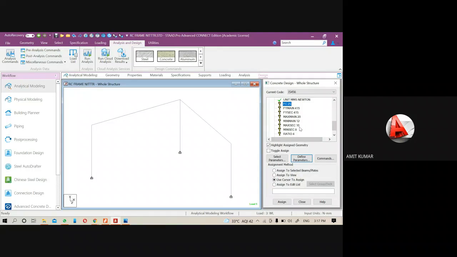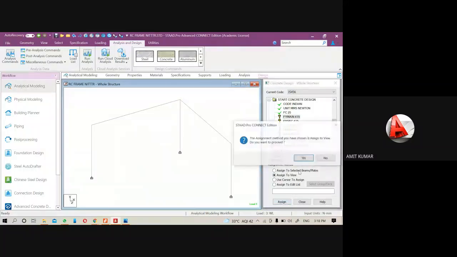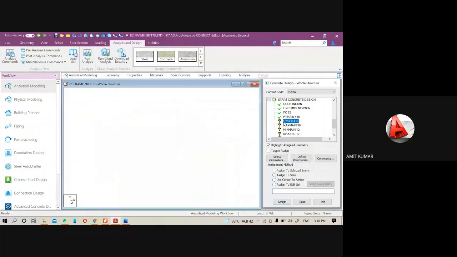You can see we didn't create the clear cover values, so the software will calculate the cover value according to the default values. I will show you in the output. So just assign this value to the view so that the complete structure gets the compressive strength of the concrete. Then the yield strength of the main reinforcement bar, that will be your steel bars, which is also known as the name of reinforcement.